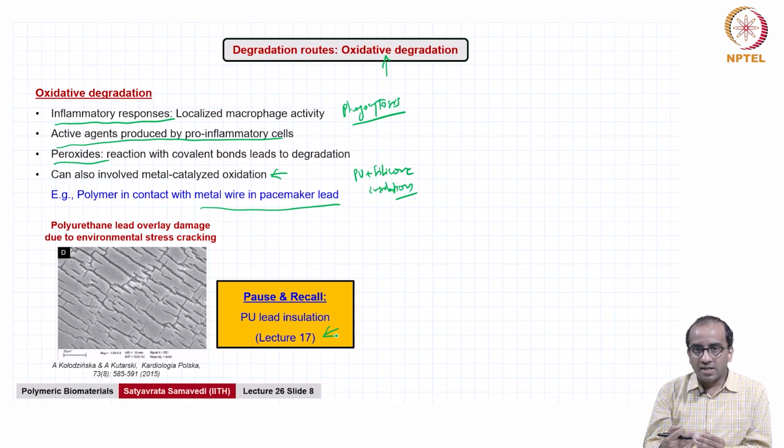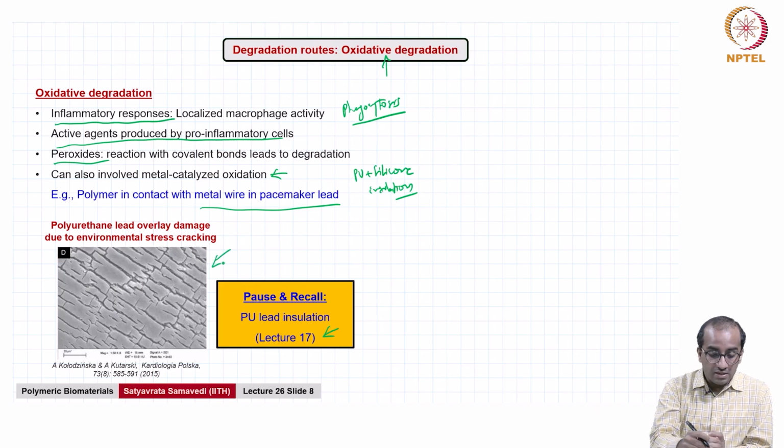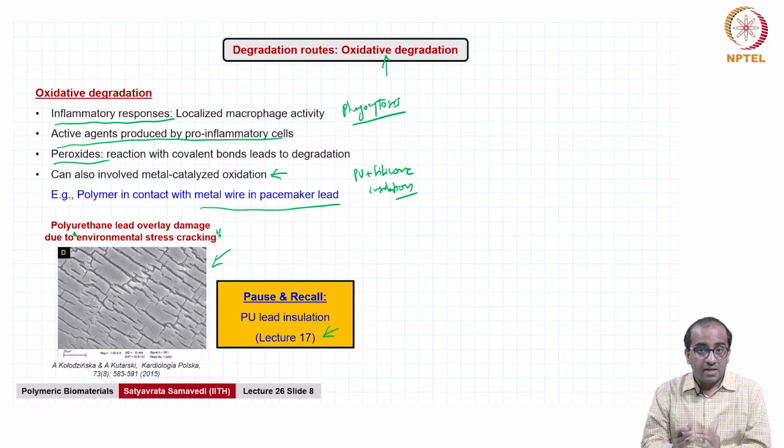Because you have polymer in contact with metal, and because metal is present in a medium at 37 in the presence of water with salts, you can imagine that there could be mechanisms at work that lead to metal catalyzed oxidation leading to eventual degradation of the material, right. And shown here is another mechanism through which polyurethane can degrade, which we call environmental stress cracking, right. Again, apart from oxidative degradation, you can also have environmental stress cracking, where these cracks can lead to insulation breaches,